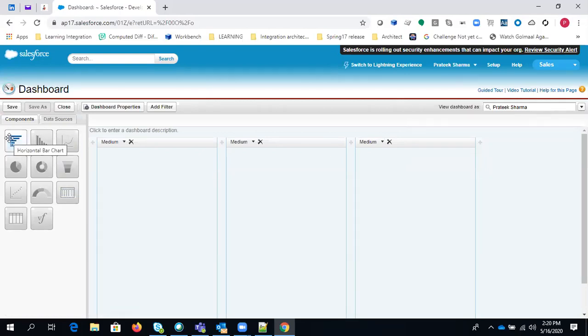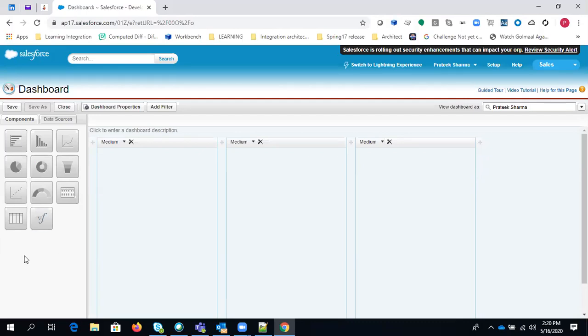You have a horizontal bar chart, vertical bar chart, line chart, pie chart, donut chart, funnel chart, scatter, gauge, metric, table, or VF pages. You can also create a dashboard based on VF pages.